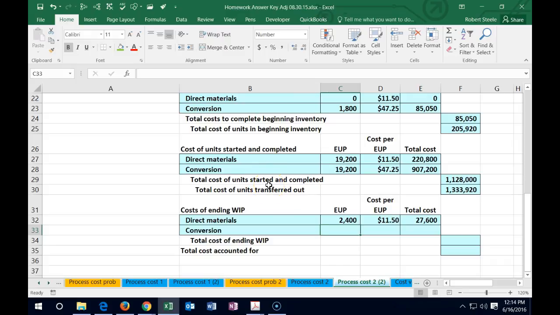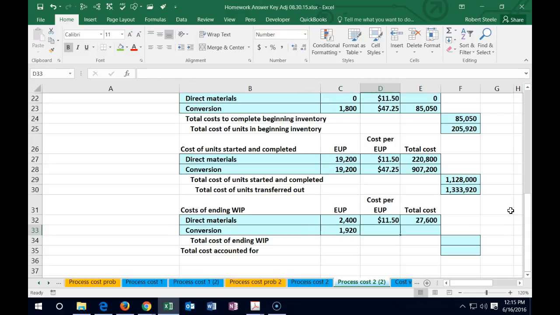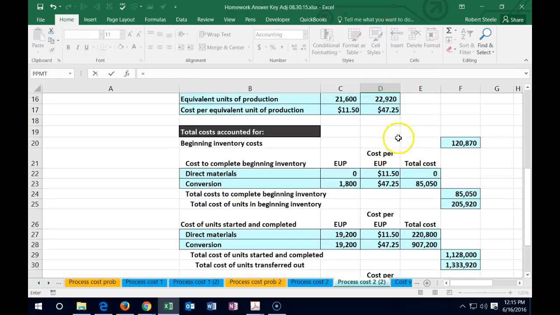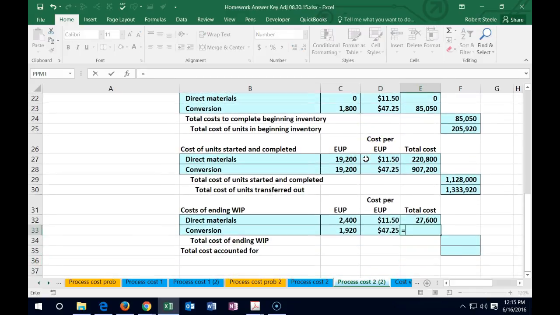And then we're going to say this equals the conversion side of it. Same type of thing. The equivalent units for conversion in ending inventory is going to be this 80% complete, or the 1,920. And the cost per equivalent unit is this 47.25 we calculated. Therefore, this equals the equivalent units 1,920 times the 47.25, which gives us the 90,720. If we sum those up, the 27,600 plus the 90,720 gives us the